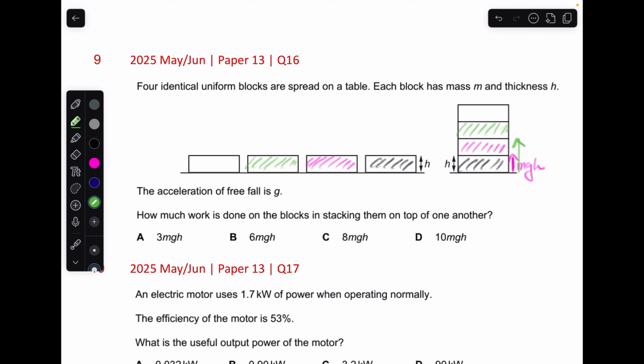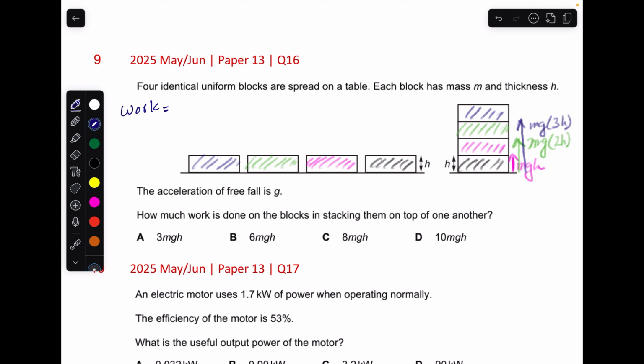Okay, this one, this is mg 2h height, right? Okay, and the last one, this one, it has to be placed there. How much height does it have to cover? It is mg 3h height, right? So this is the total burden that you have to do. So total work